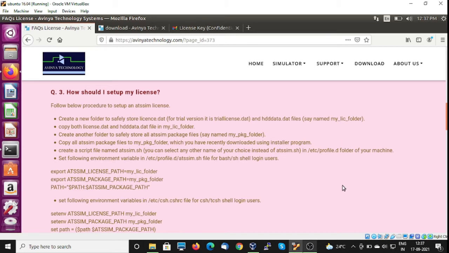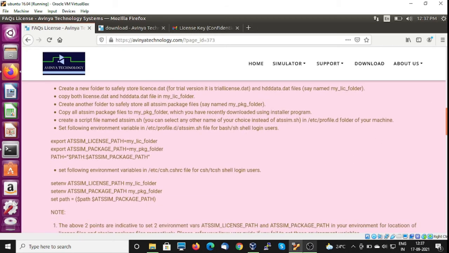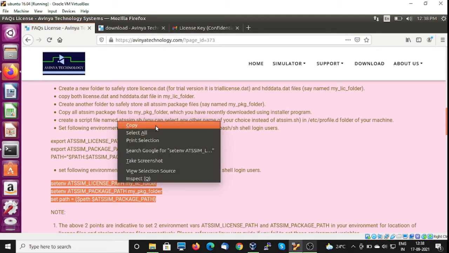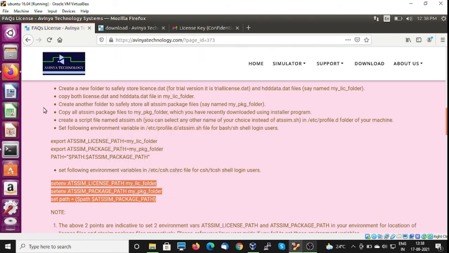So in the C shell, we need to add these two environment variables, ATSM license path and ATSM package path. Let us do this.